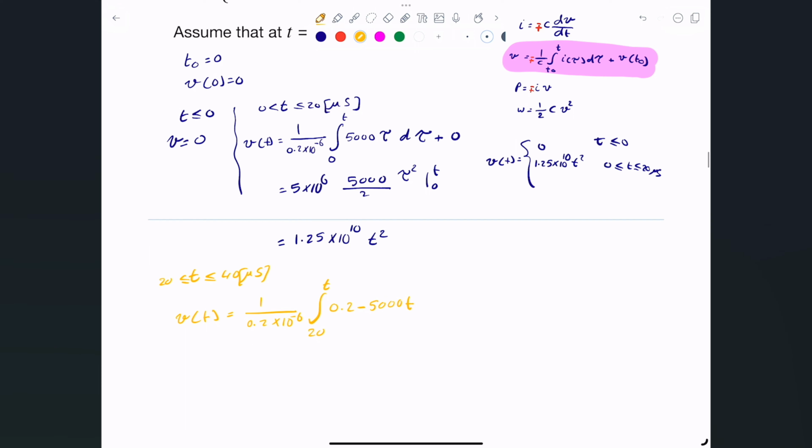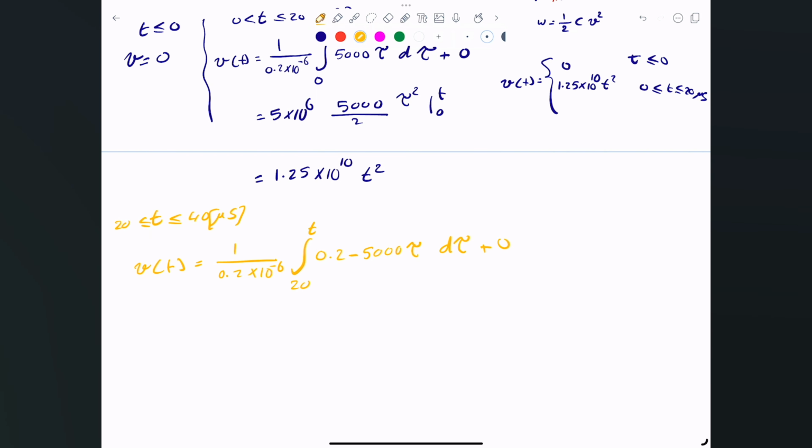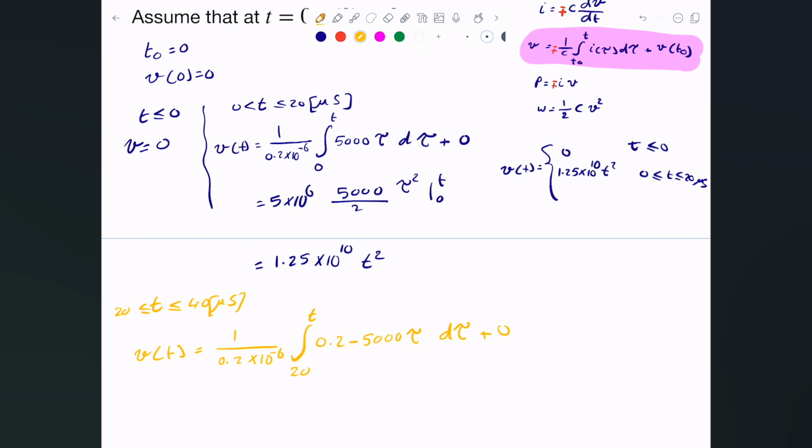And of course, because we're using t in the limits of the integral, I'm going to change the variable in here. So instead of t, I'm going to be using tau, and that's d tau. Okay, and of course plus 0, because the initial voltage, actually the initial voltage now is not 0, because what happens now is we have a voltage. So we need to go back to the previous equation in here,